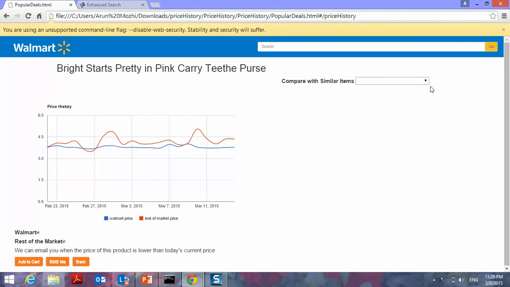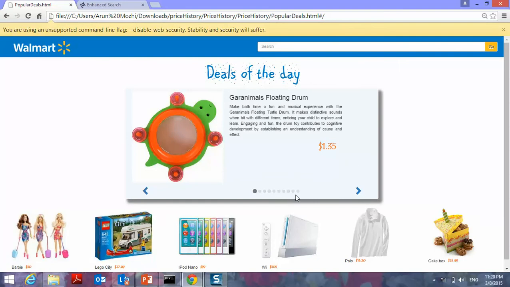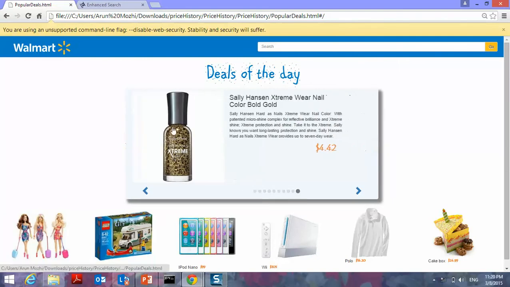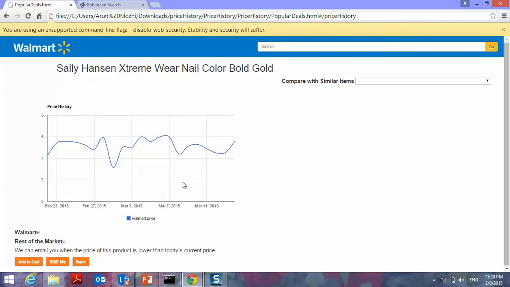Not only this, I can also compare items within the same category. Let me show you more products. So $4.42. Now I can add it to the cart or go show the price trend. This is varying quite a bit.